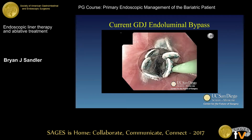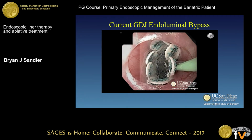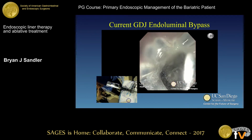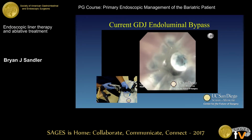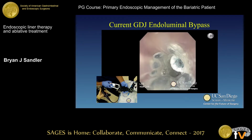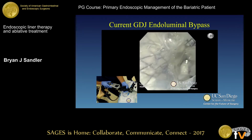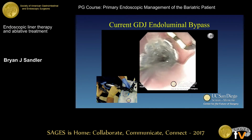Here's our cuff once we've delivered the sleeve and retracted the cuff back up into the esophagus. Now we're down with the suturing platform, and here you can see the control of the suturing platform as well as the targeting of the tabs for the device. Once we capture each of the tabs, which is shown here,